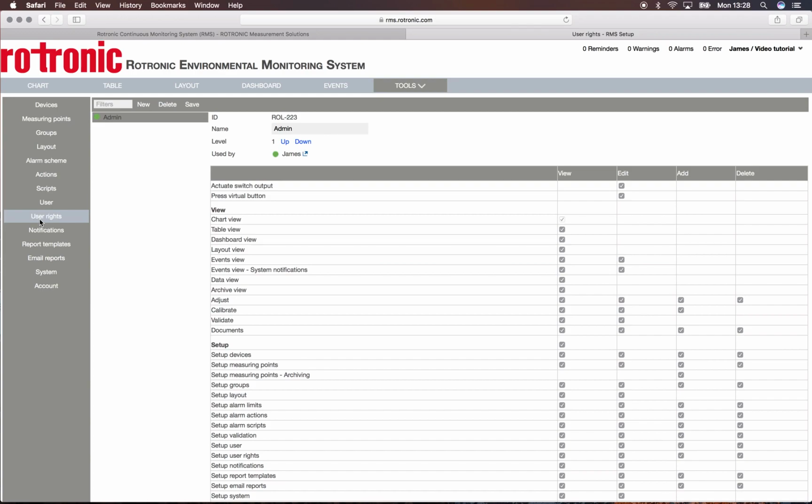Here, during the first login, you will see that there is only an admin user right created. We will now create an example which is view only. Simply click on New,